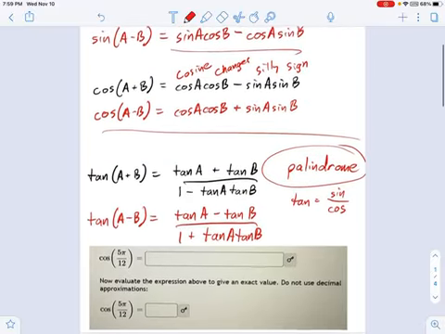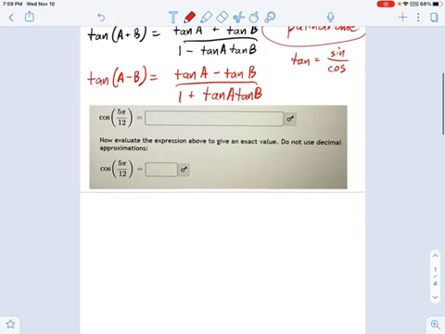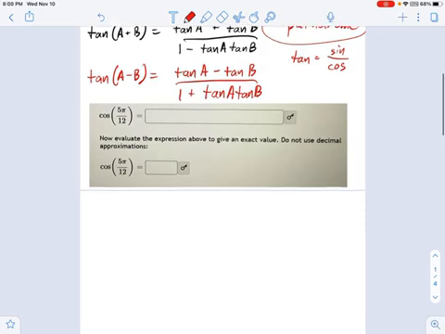Now, when we were talking about degrees, it's easier for me to look at an angle like, I don't know, 75 degrees and say, oh, that's just 45 degrees plus 30 degrees, right? Easy. But I can't as easily look at 5 pi over 12 and say what that is made of. It's hard for me to split that apart because maybe I'm just slow with fractions or something. So here are the two strategies you can do.